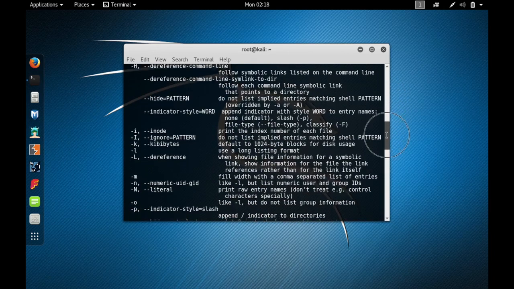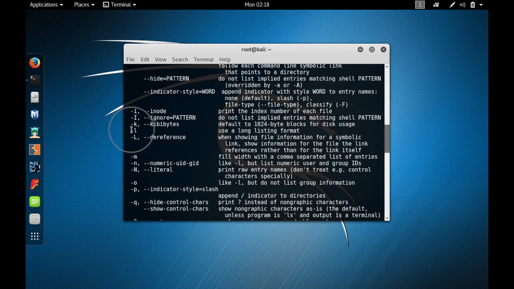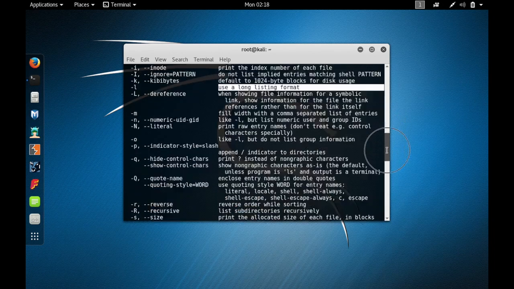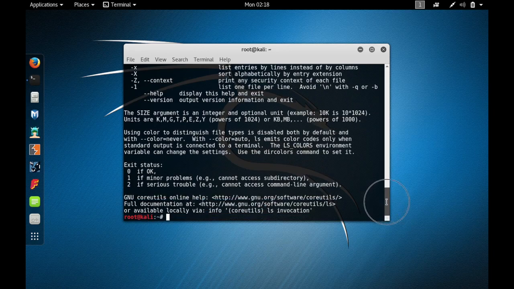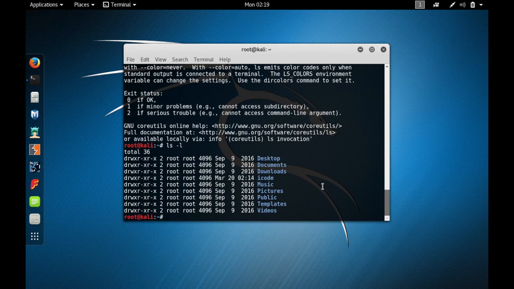Okay, let me just see this particular option minus l right here. So here it says that if you use ls with this particular option, it is a long listing format. That is, it gives you more information about the files and directories in that particular directory. Okay, let me just show you in practical. So let me just type in ls and the option that we just saw is minus l, and there you go. You got all the files and the directories in that particular working directory,